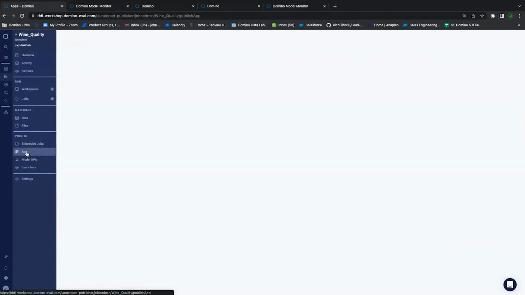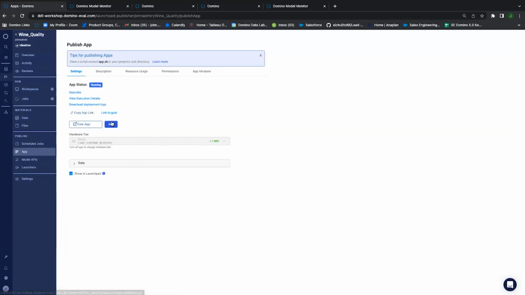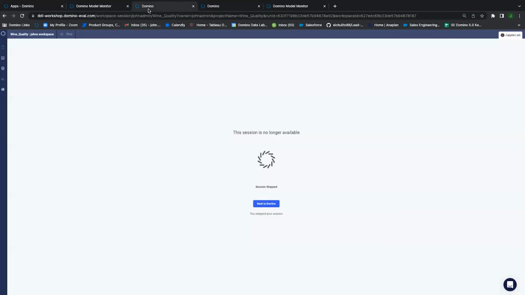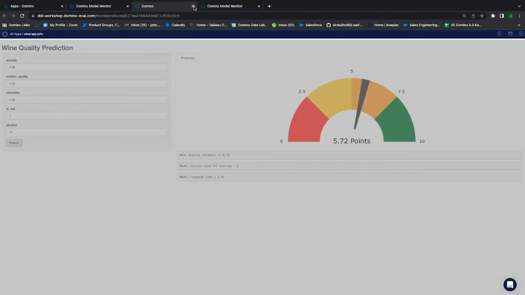If I select this option, I can enable in Domino an interactive front end to view my model and the results, or even use the API endpoint to ping, to show an example of how an application can use this endpoint. So if I click on where it says view app here, it's going to take me to an application. Actually, that's not the one. Give me 1 second. As you see here, I'm looking at an application that I just created, which is going to be using all the features that I previously showed you.